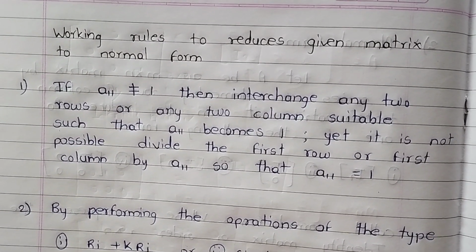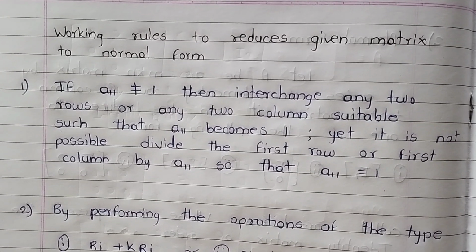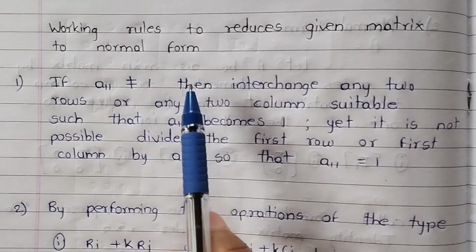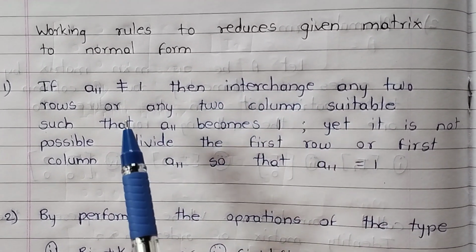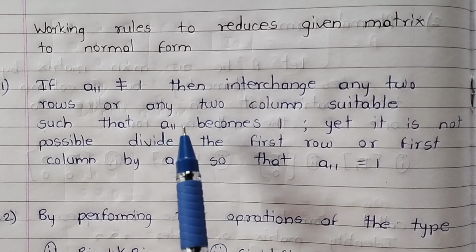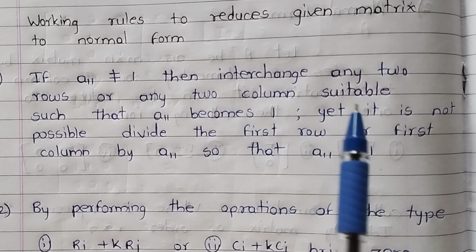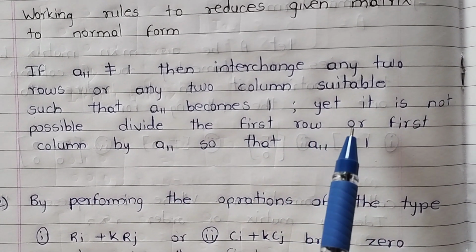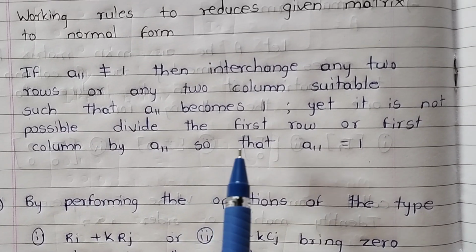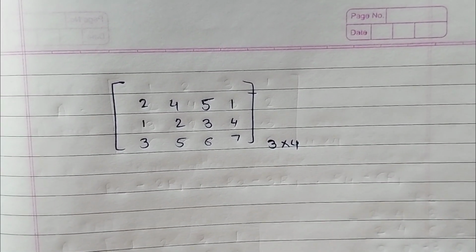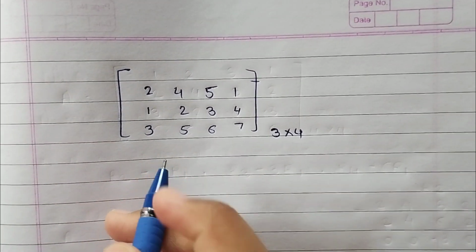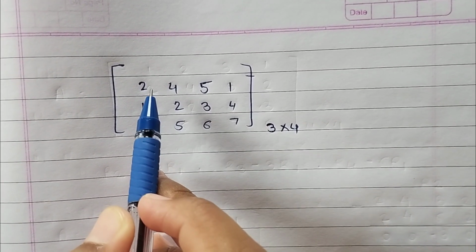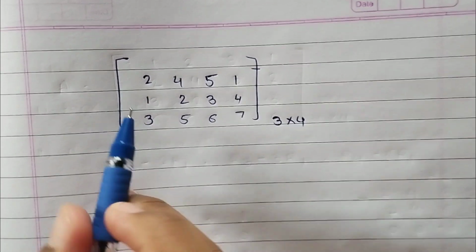Some working rules to reduce a given matrix to the normal form. First, if a11 is not equal to 1, then interchange any two rows or columns suitably such that a11 becomes 1. If it is not possible, divide the first row or first column by a11 so that a11 becomes 1. So in this rule we say that our first target is to convert a11 into 1. For that we have two conditions. First, we transfer